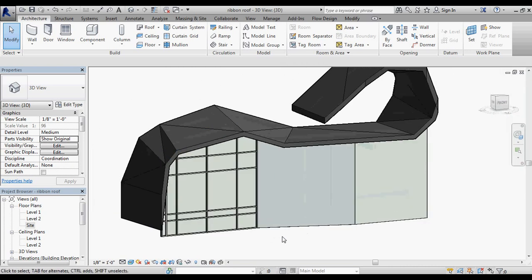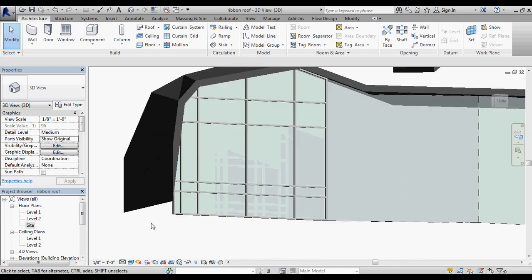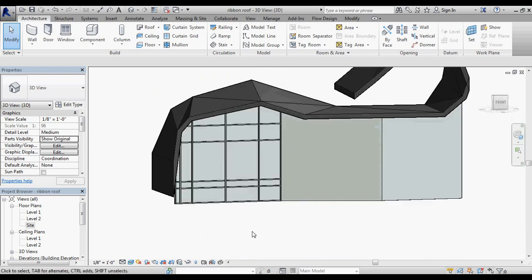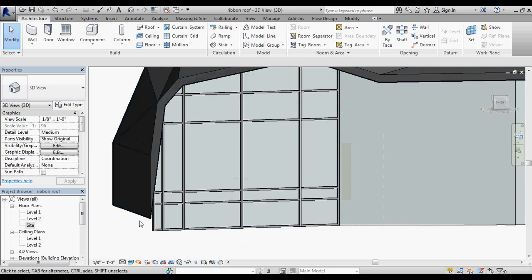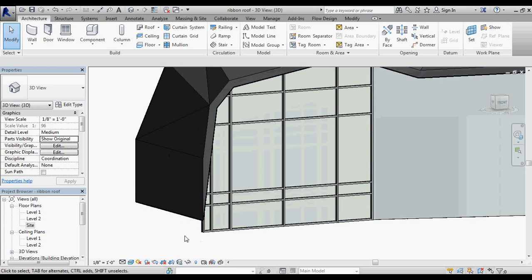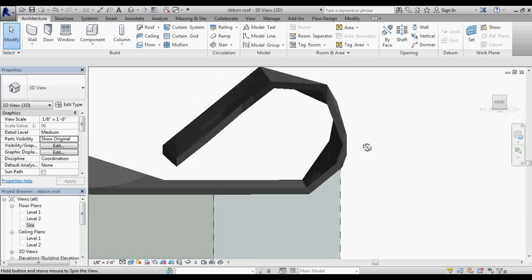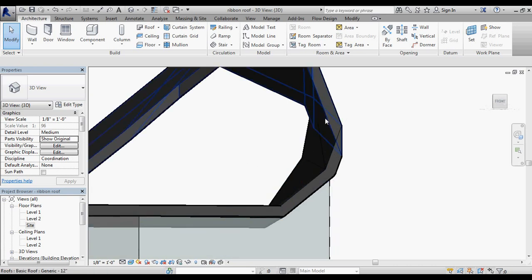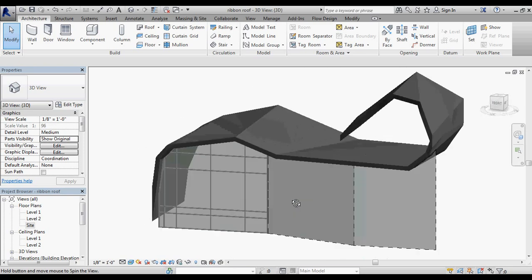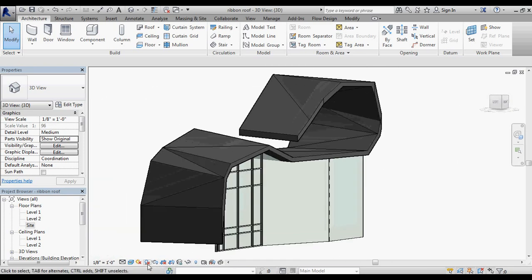So you can see there's definitely some inconsistencies in the process. There are some things that I need to fix here. But it's starting to get at that idea of how we can make these complex forms. Edges like this, typically what I would do is I would begin modeling a custom component to go over the top of that, or perhaps maybe I could use a really simple wall to do that as well. Same thing with this. I would probably be building a custom component to work within that, which isn't going to give me a perfect model for sure. But when we're working with systems like this, when we're working on systems that are this complicated,